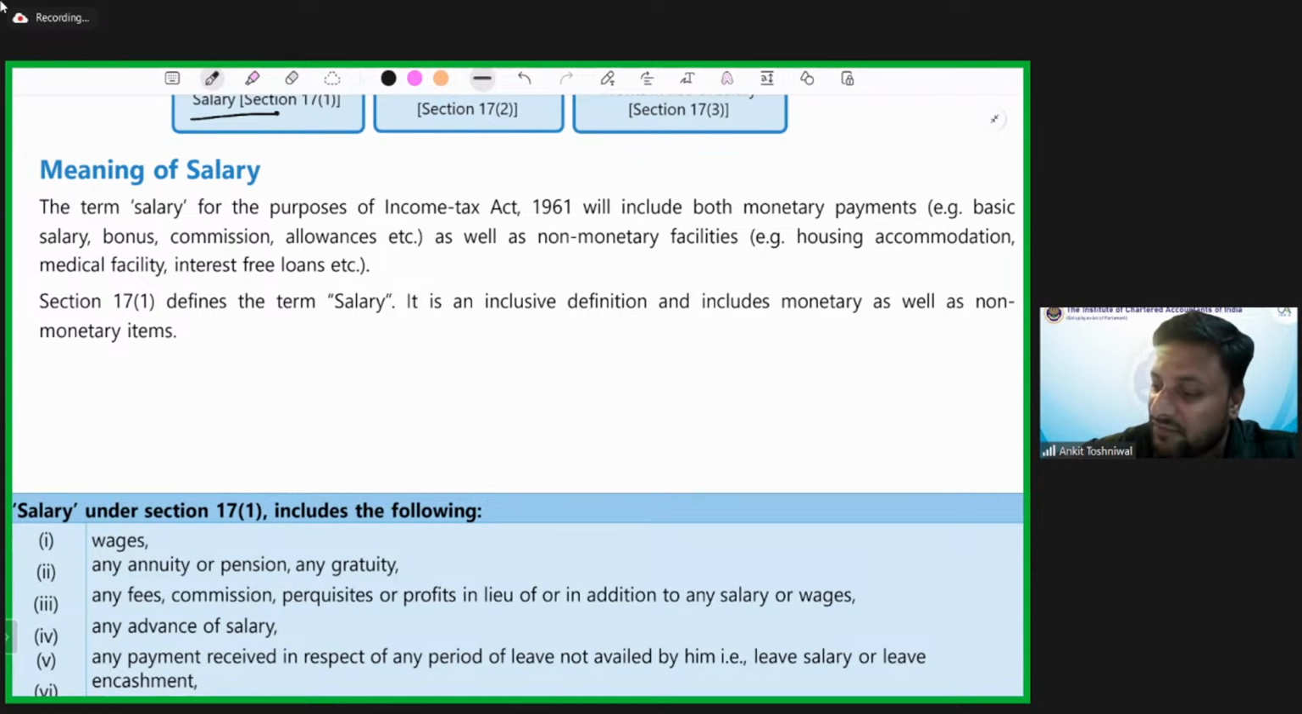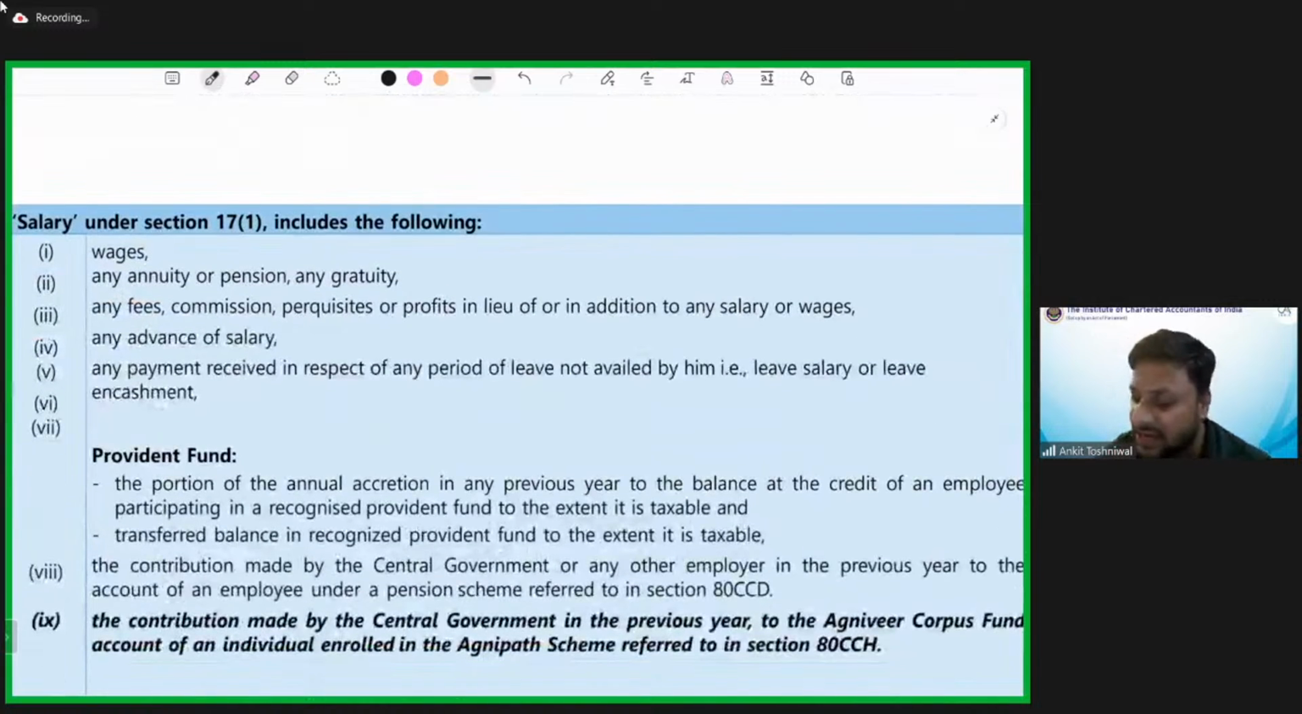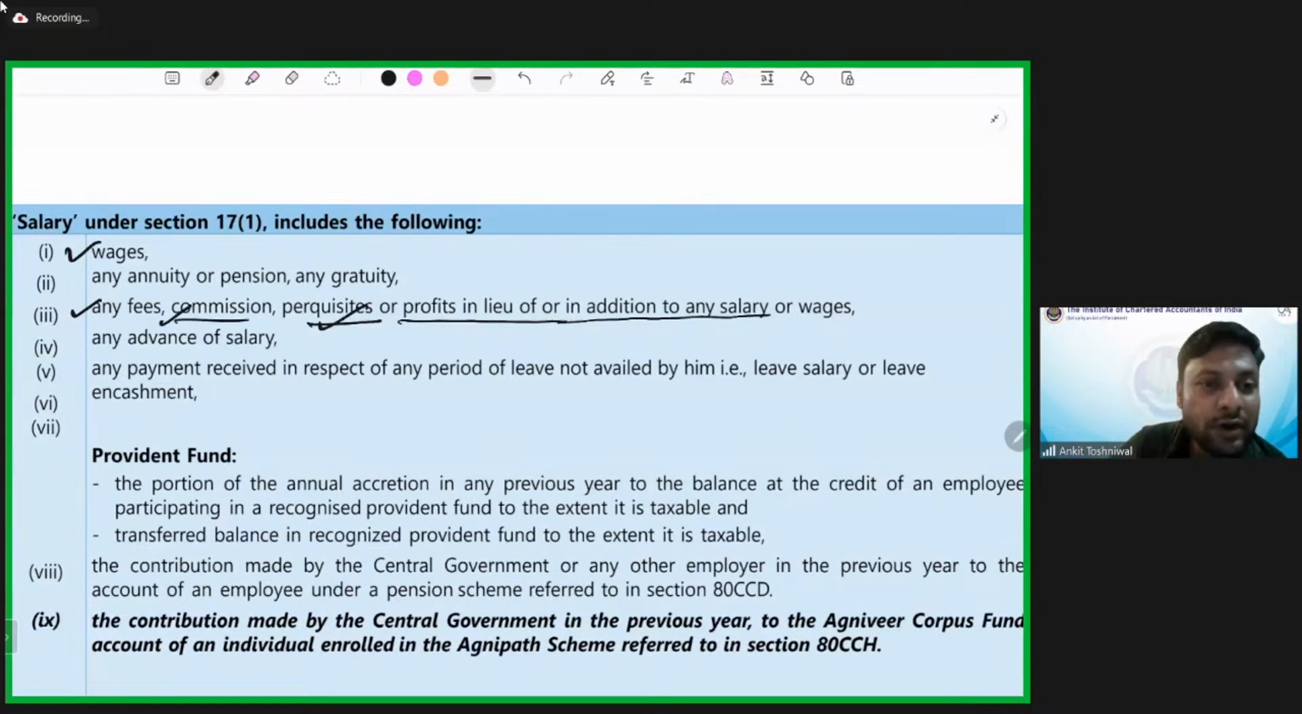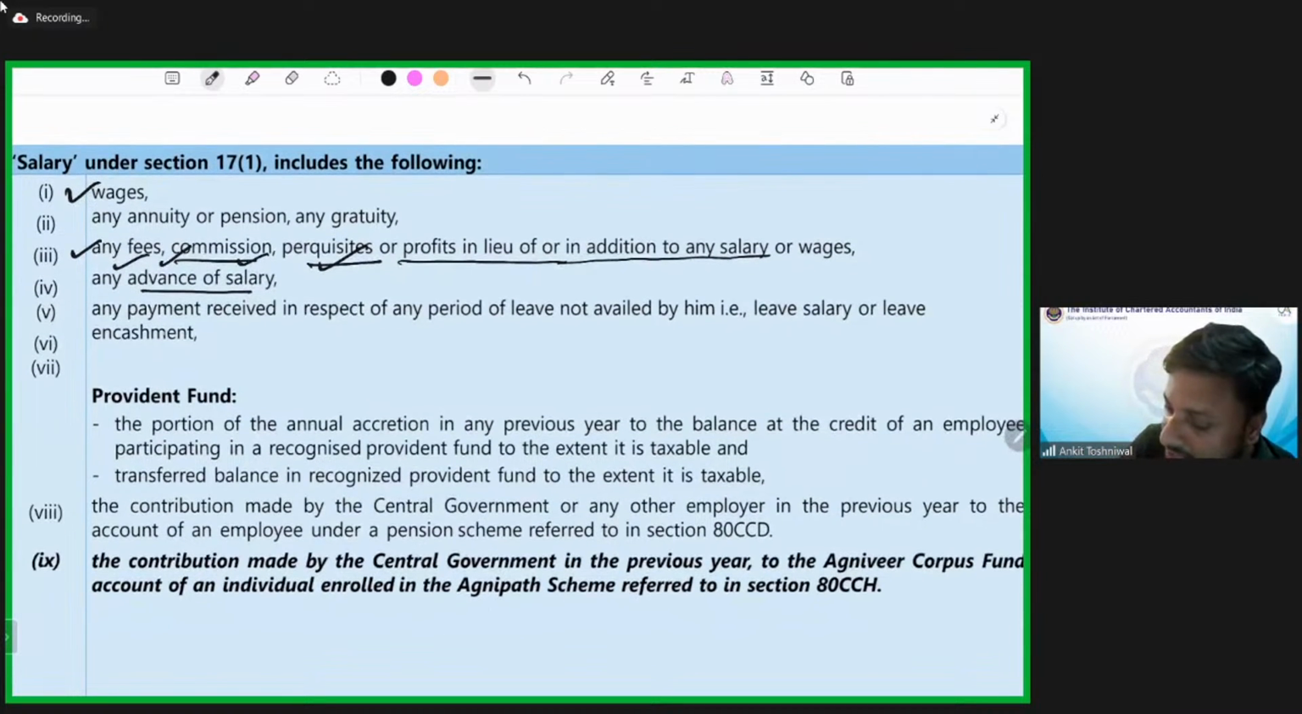So if you go through the definition, number one, salary includes wages, already discussed. Any fee, commission, perquisites. Perquisites I have discussed. Profit in lieu of salary, we will discuss later in the coming session. Commission, if you are getting any kind of commission from the company due to the employment with that company, that becomes part of salary. Any fees, fine. Advance salary, we already discussed, right? Any payment received